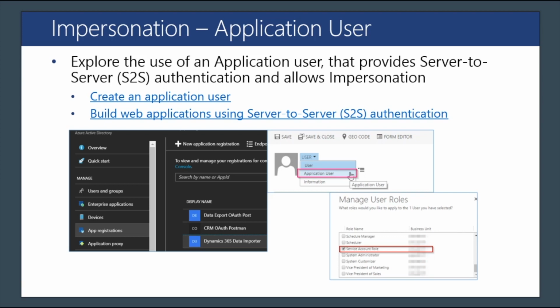Instead of having a user account which represents a person that is locked as a licensed user in the system, consuming the license, with a username and password and a lot of things to manage,